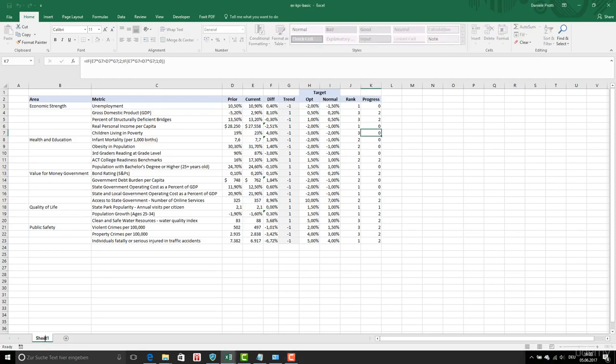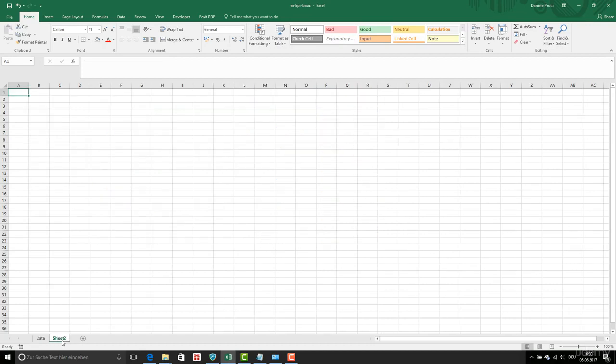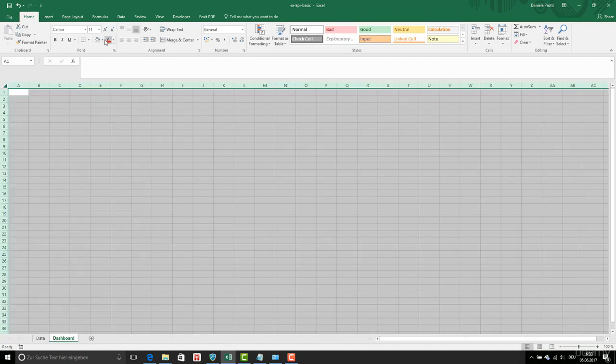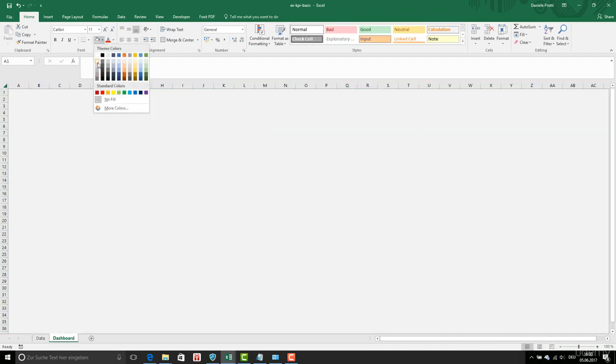Okay, this is my data worksheet, and then I add a dashboard. Okay, I'm gonna select this first of all, and then I put everything in one like this. Okay, then I'm going to make this equal to